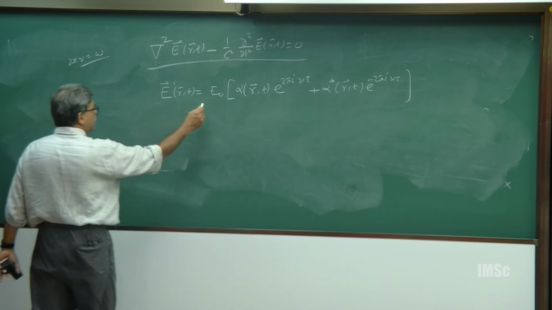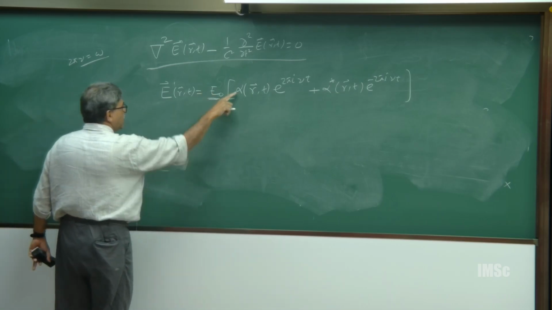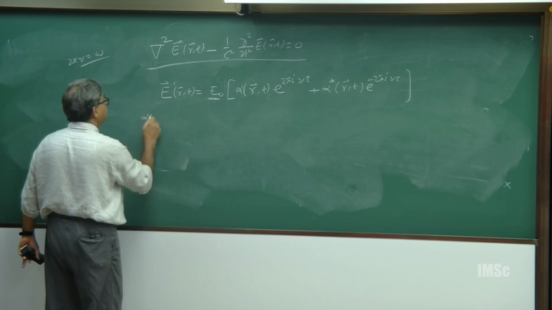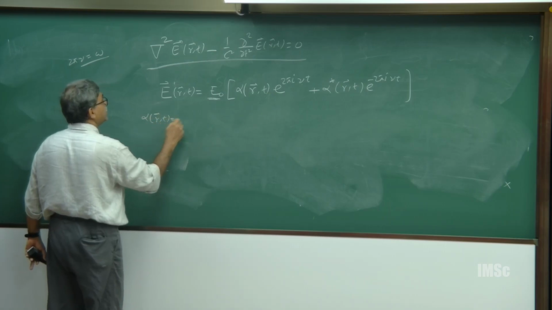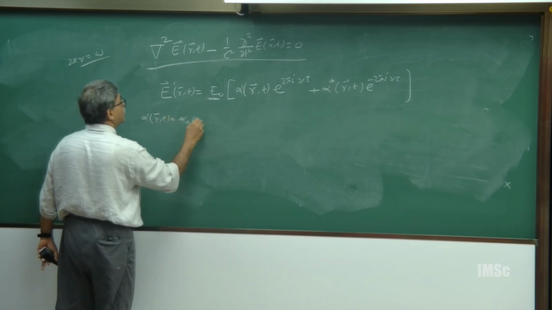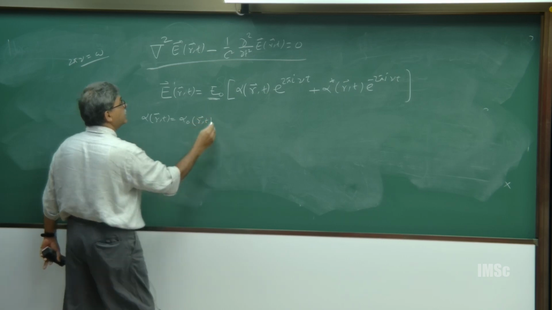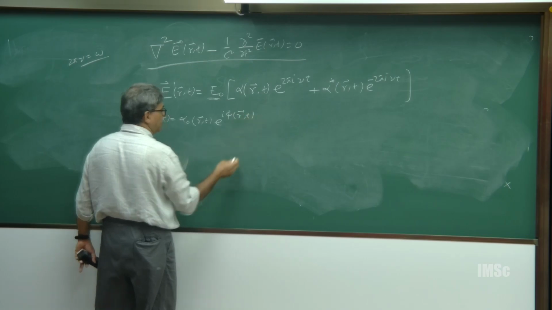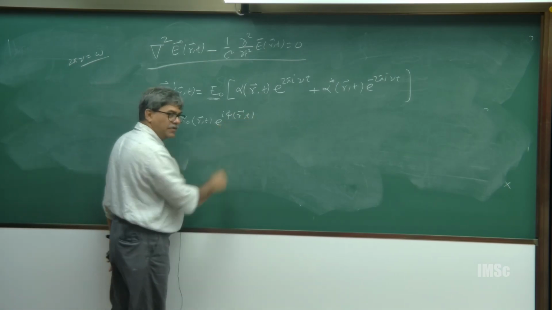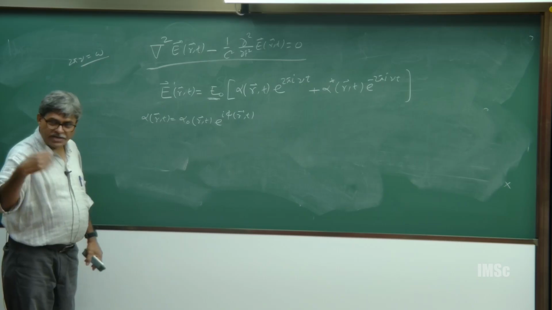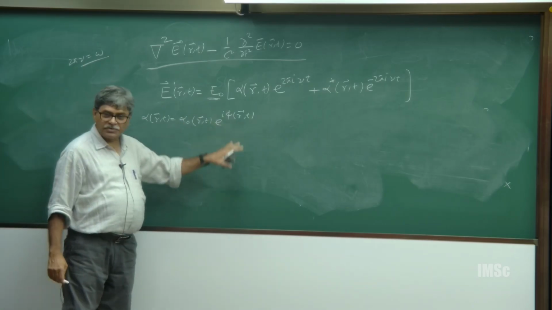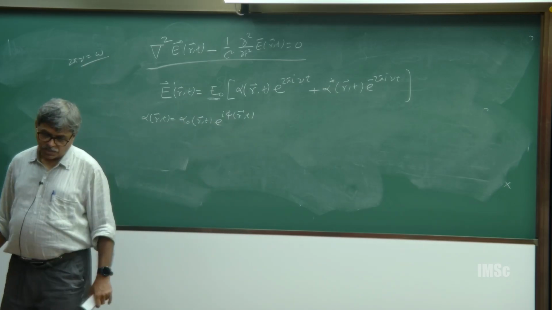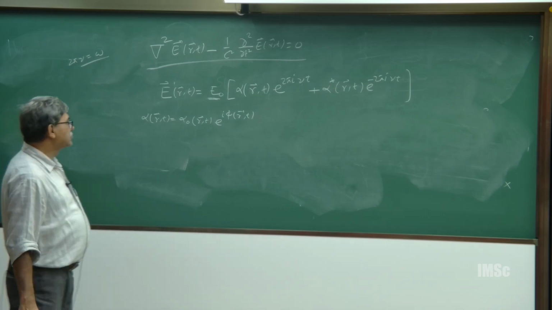Now, this is constant, of course. These are dimensionless amplitudes, so you can take this as some magnitude, and this as phase. For a plane wave we know what the form of this phase will be, for a spherical wave we know the form of this thing, and for a Gaussian wave also we know. Okay.